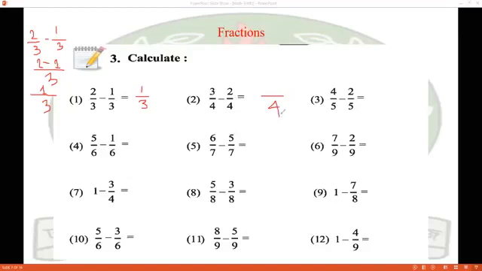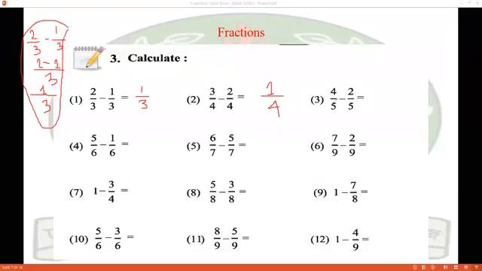the two numerators of the two fractions. So one numerator is 3 and another numerator is 2. When you subtract 2 from 3, you get 1. So the result will be 1 by 4. This is the shortcut method, but in a written exam you have to solve it in this way.